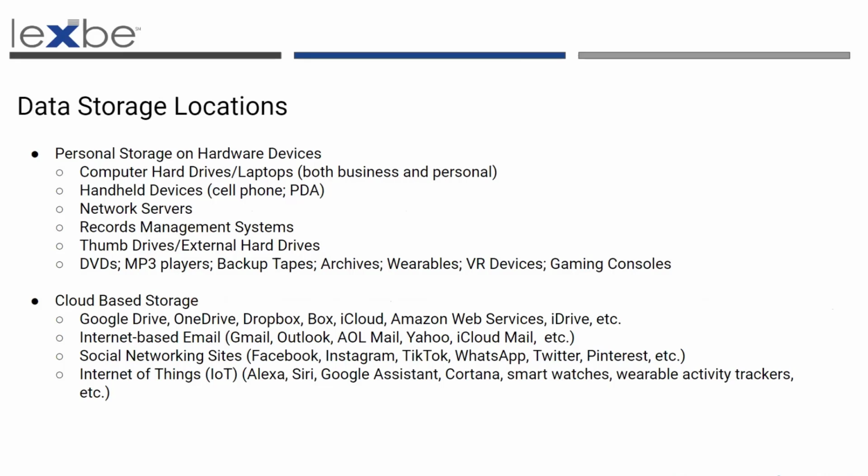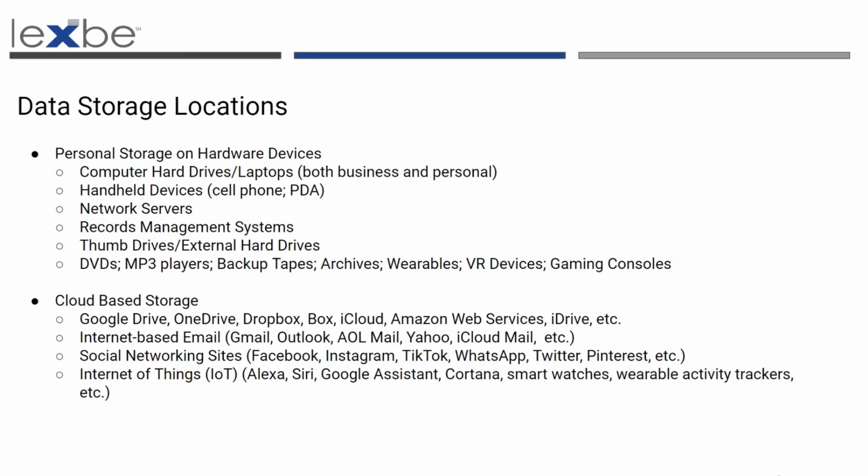Obviously, computer hard drives and laptops would be the starting point for personal storage. This includes both business and personal machines if you use, or if you've ever used, your personal machine to conduct business. It's crucial. Don't overlook your personal computer or laptop, especially in the post-pandemic world. Over 48 million people reported working from home during the pandemic in 2020. If these folks use their home computers or personal email addresses to conduct business even one time, there's likely to be relevant data on those home computers.